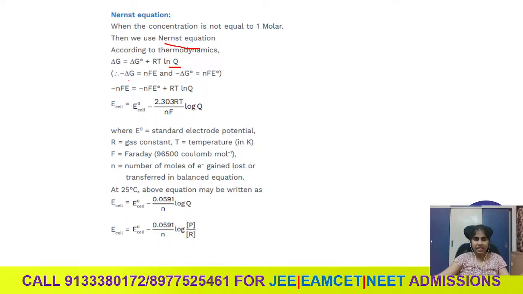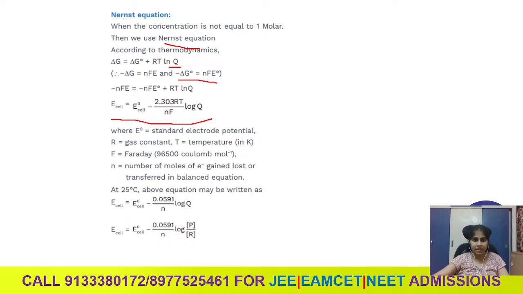Previously we have learned delta G is equal to minus NF E cell, and delta G naught is equal to minus NF E naught. When we apply this in this relation, what do we get? E cell is equal to E naught of cell minus 2.303 RT by NF log of Q. So this is the